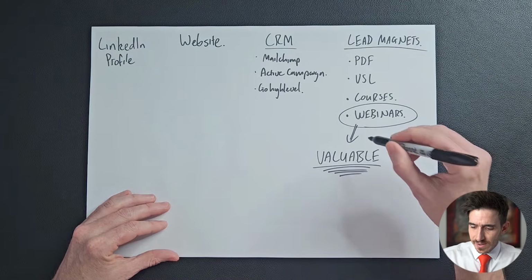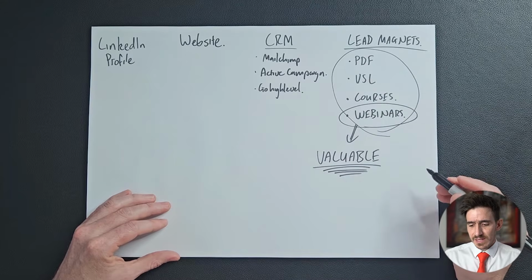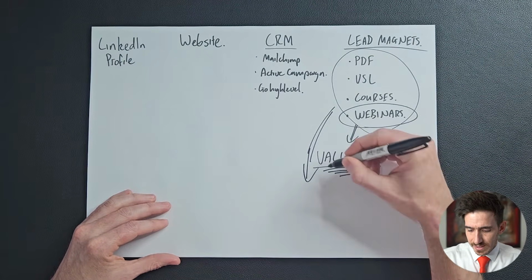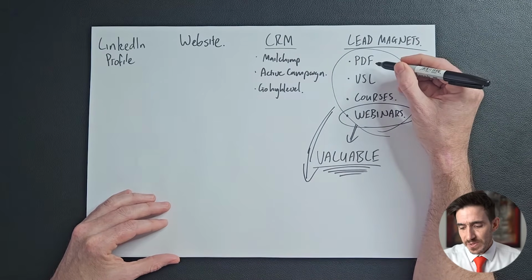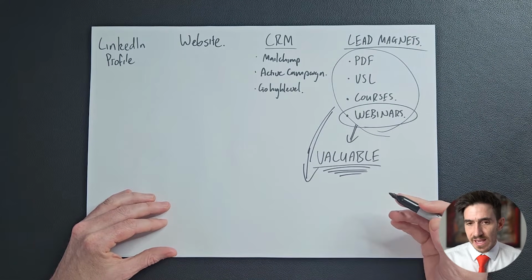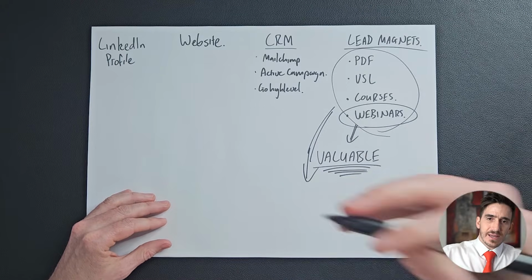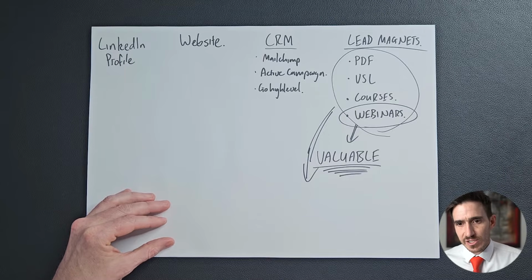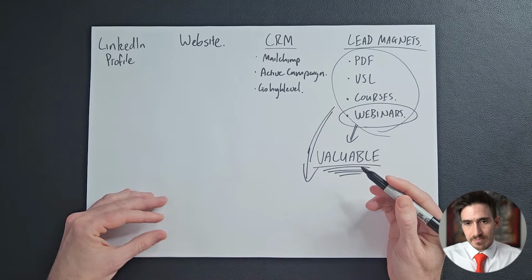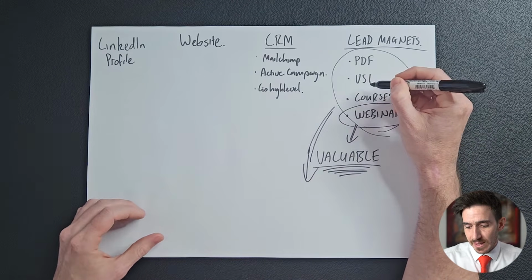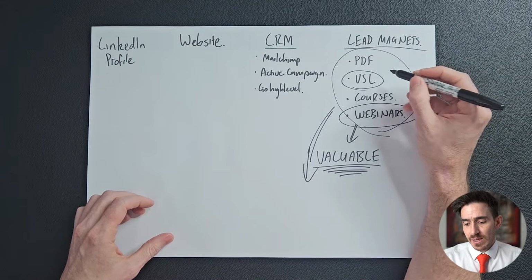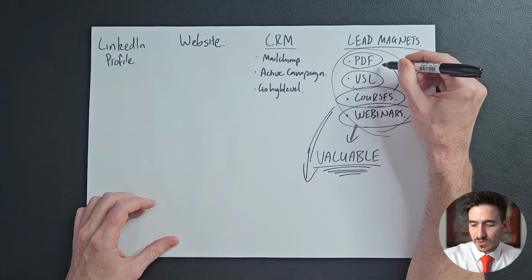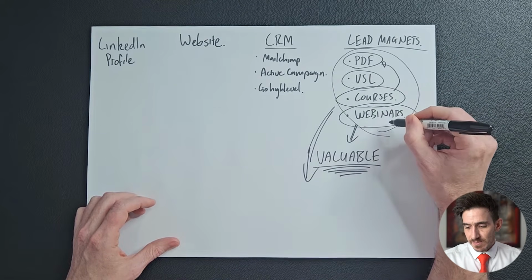And rather than thinking, all right, I need to create something for all of these, think about a structure or a problem or a value that you can work into each of these different formats. So what you're watching right now is our video series that take you through the entire thing from working out what sort of strategies you need to develop a lead generation system all the way through to building it and scaling it up. So it works well as a video, a VSL, it works as a PDF. It's essentially a course, but we've put it into a PDF format, and our webinars very much follow the same